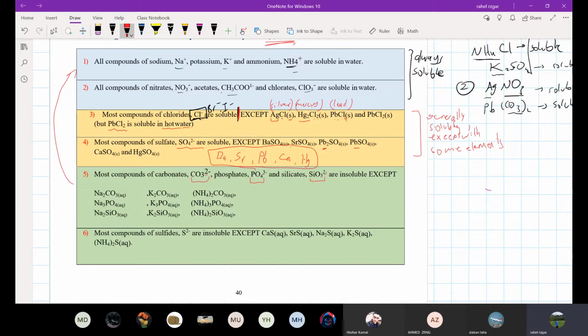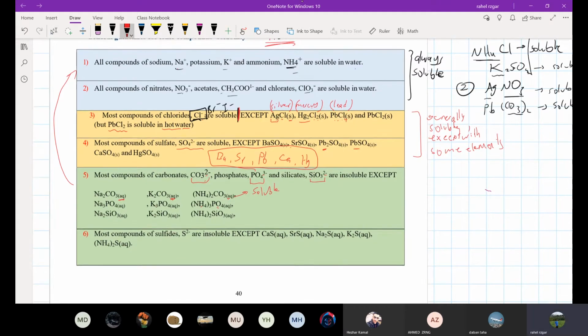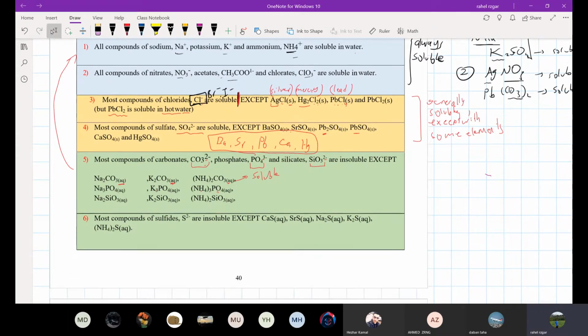If they come with sodium, potassium, or ammonium, anything like that, for example, here, CO3 is insoluble. If it comes with sodium, see it has written AQ. AQ means soluble. See, the AQ indicates that it is soluble, but the S indicates that it's insoluble. Again, PO4 is insoluble, but if it comes with ammonium, potassium, and sodium, soluble. Same thing. Silicate is insoluble, but if it comes with the group 1 elements, from rule 1, ammonium, potassium, and sodium, they become soluble. So they become soluble only